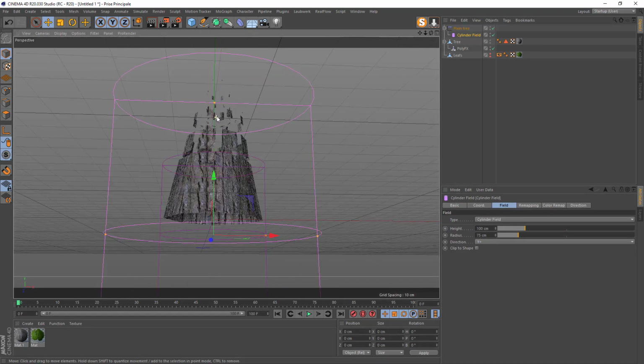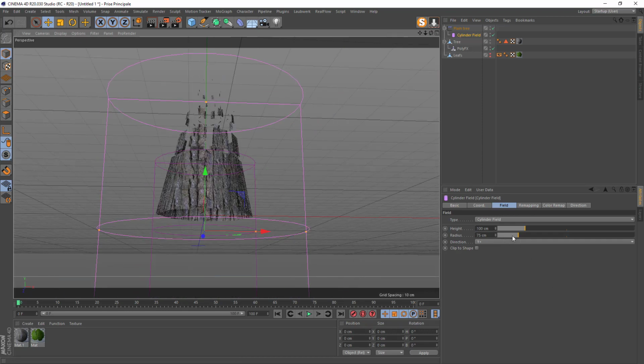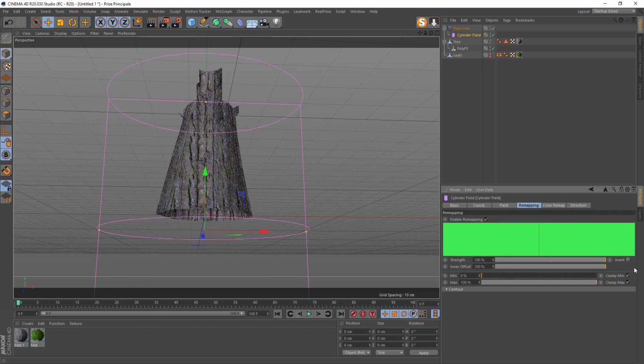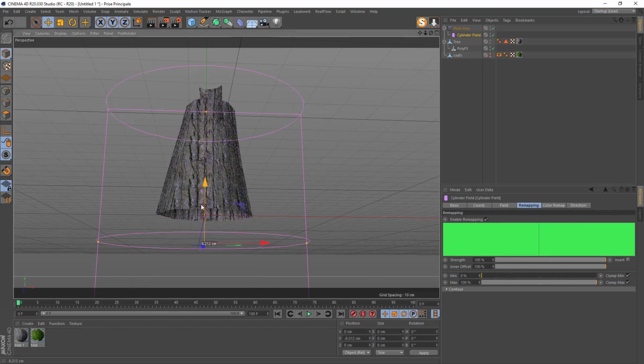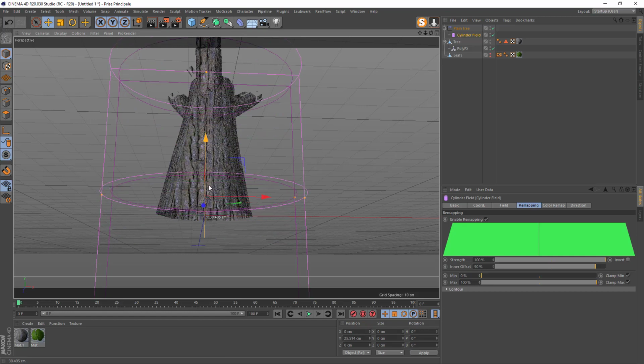We don't want that falloff, because the falloff, you see, it's doing that. So if you want, like polygons detached like that, you can use the falloff, but if you don't want that, you can go to remapping, and here inner offset, I think. Yeah, you see, if you do like that, now it's straight. So do it like you want. I will just make a little falloff, like 10%. So I type 90. So there is a little bit of falloff, and it's okay.